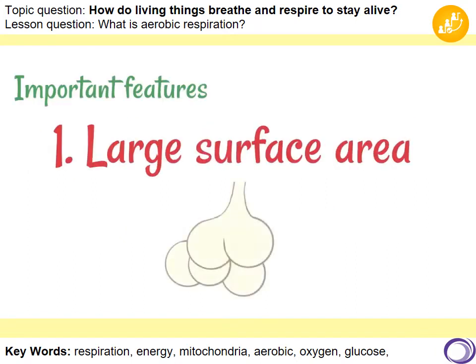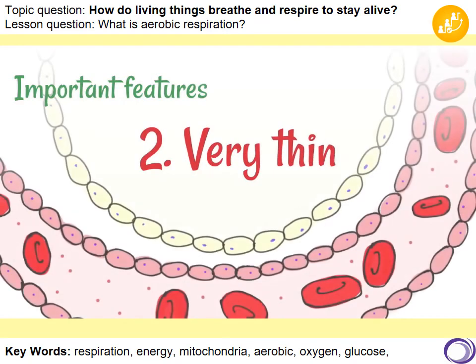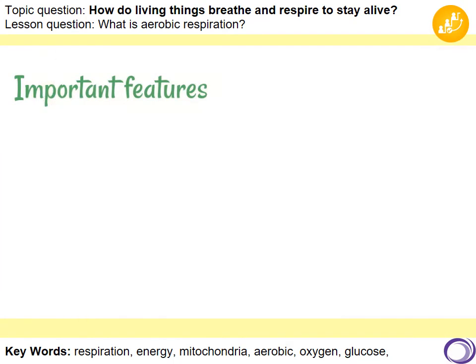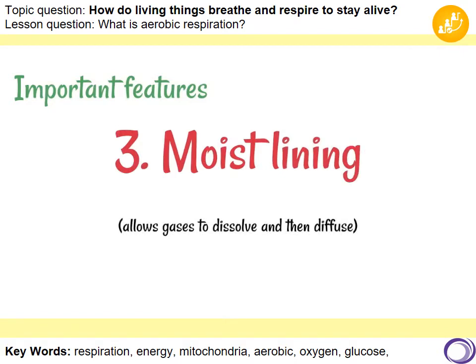First of all, it's got a large surface area, which is provided by this particular shape of the alveoli, and also by the fact that there are lots and lots and lots of them inside of the lungs. It's very thin, which provides a short diffusion pathway. Notice that the lining is only 1 cell thick. It's also got a moist lining. The inside of each alveolar sac is moist, which allows gases to dissolve, which then allows them to diffuse across